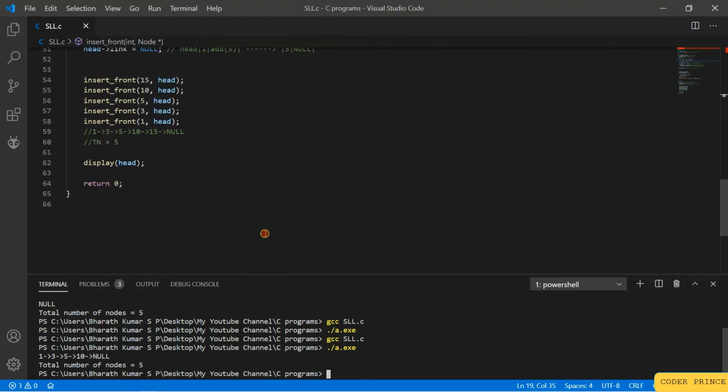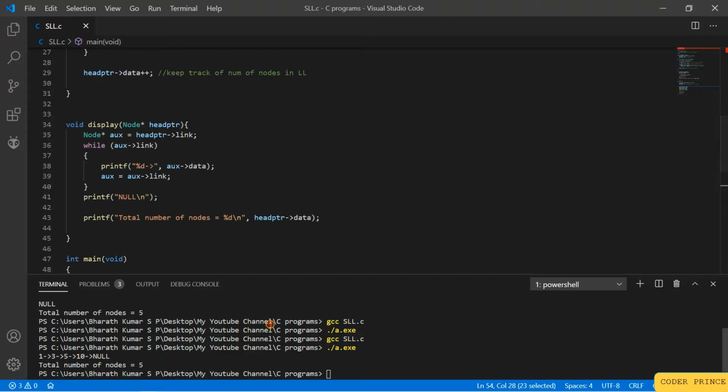Yeah, at least now we got the output as expected. 1 3 5 10, and 15 is not there. Why? Insert 15, we are losing one element. Yeah, again I have made a logical error that you can notice over here. This is very common when you're working with data structures, right? You think that you are doing one thing, but you end up with some plus or minus errors that you need to fix. So here you have a while loop where you are going with the aux link.